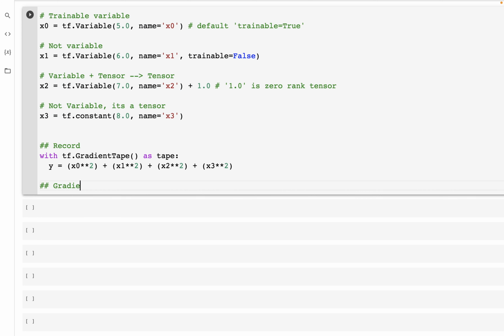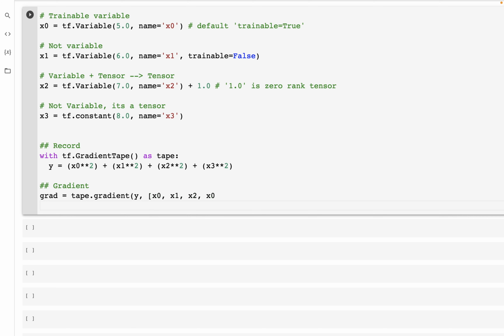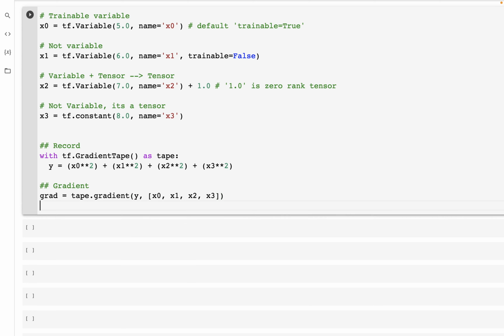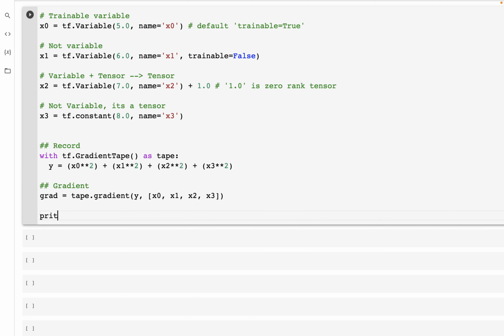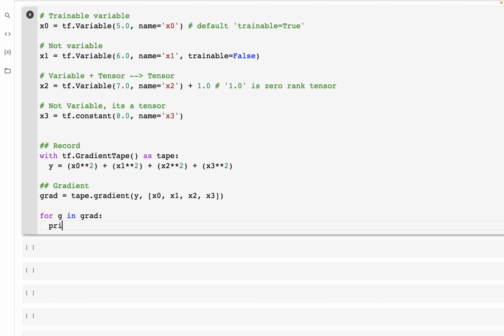Now when we calculate the gradient, grad is equal to tape.gradient, and we calculate the gradient of y with respect to x0, x1, x2, x3, and then we can print this. So for g in grad, print g, and when we run this,